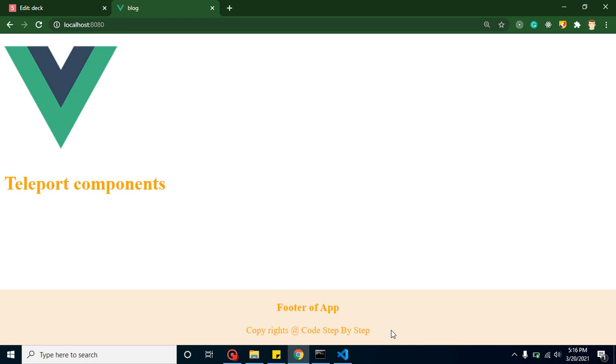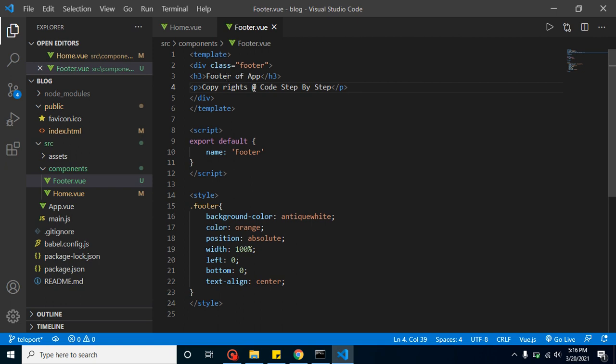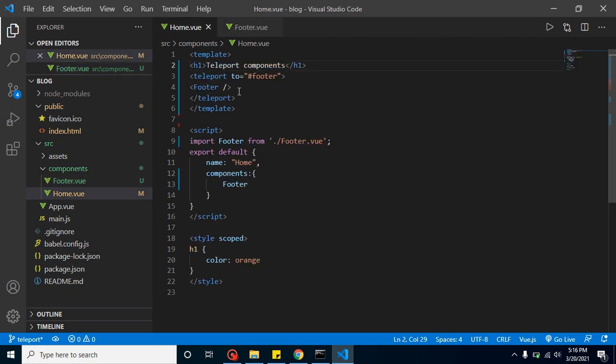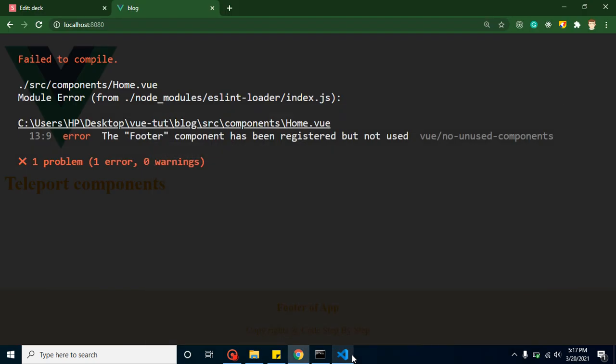After that they can ask, can we use two teleport components in the same application? Yes, we can use two or three. Even in a home component we can use more than one, right? Okay, they can ask, can we put some normal HTML stuff like an h1 tag, and again an h1 tag here like this, just write yes or something? So can we do it with the footer, or should we use two footer components here? You can use your normal HTML also, there is no issue, right?